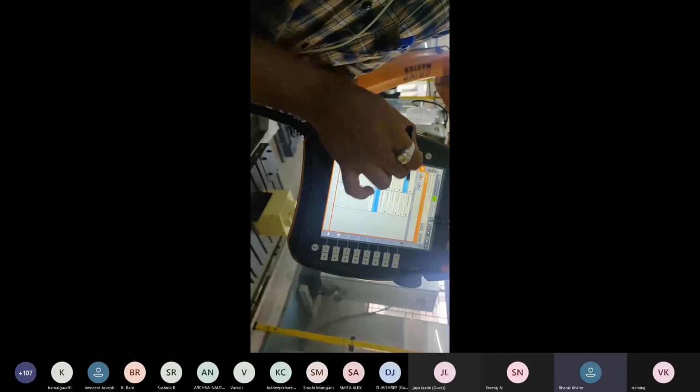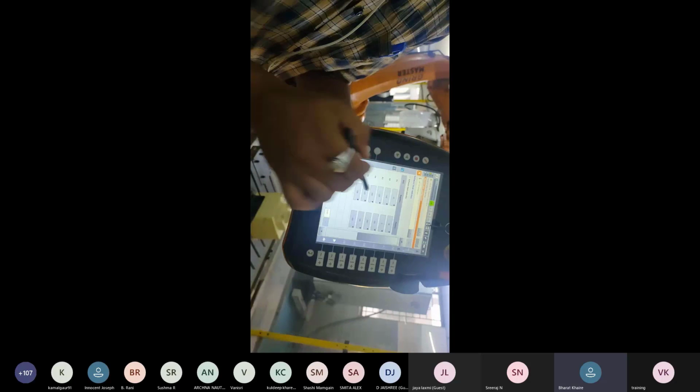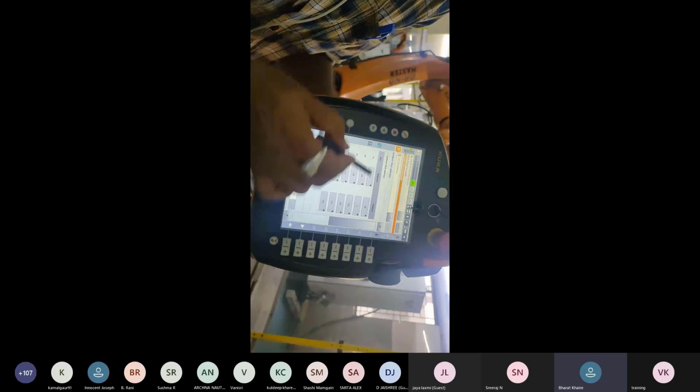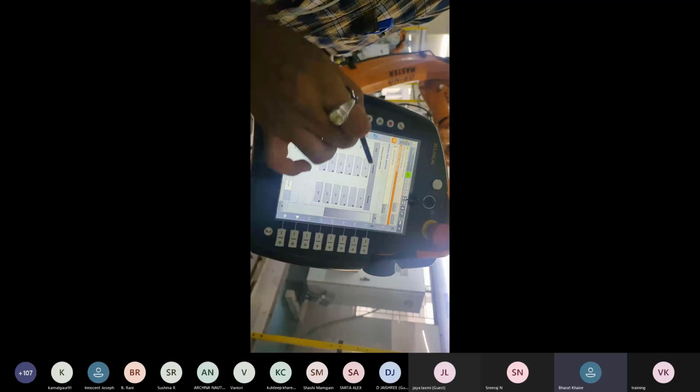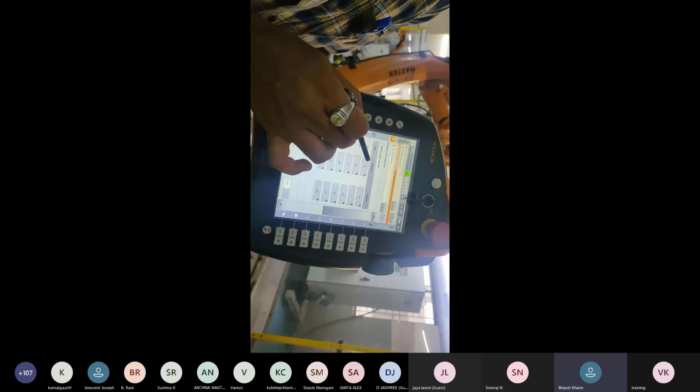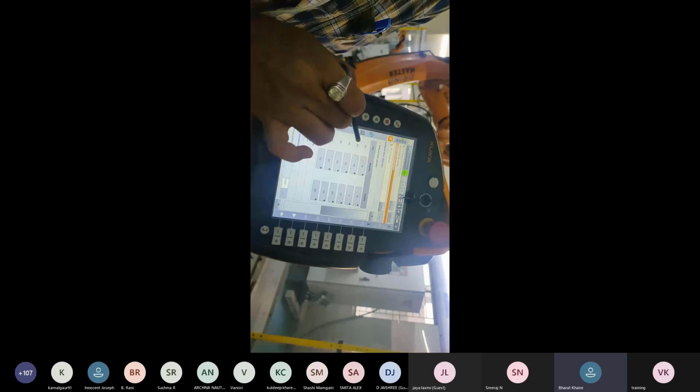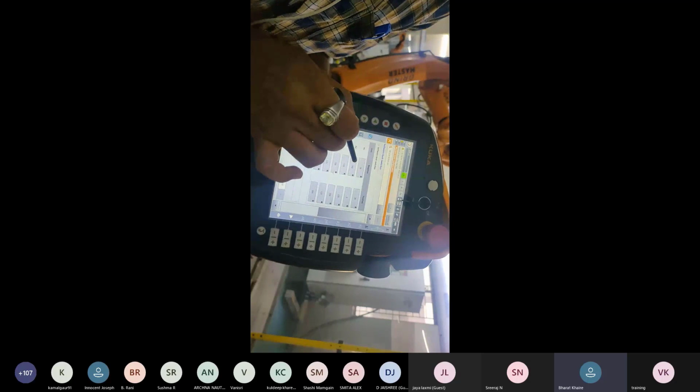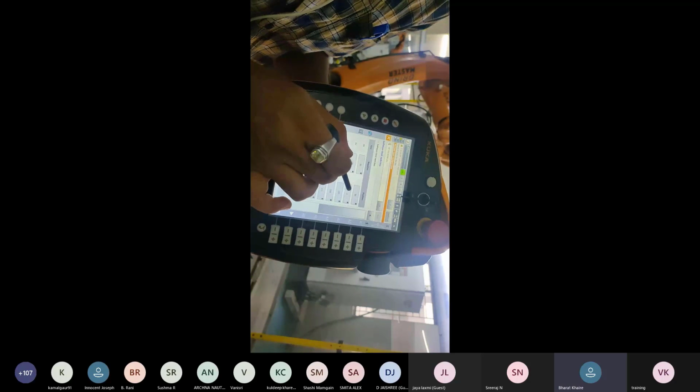Okay, now I will show you the machine configuration. In the machine configuration, you are watching here, some limitations are given. A1 is given as minus 30 degrees and plus 30 degrees. A2 is minus 140 and minus 5 degrees.